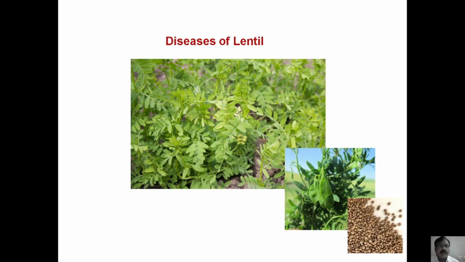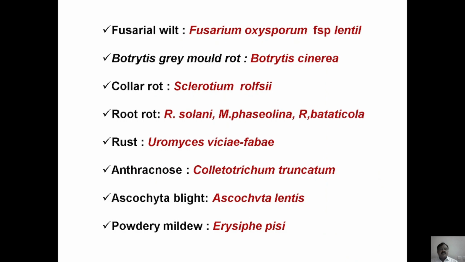In this class, we are going to see some of the diseases which are serious on lentil crop, causing economic yield loss. The diseases include fusarial wilt caused by Fusarium oxysporum form of species lentis, Botrytis grey mold rot caused by Botrytis cinerea, collar rot caused by Sclerotium rolfsii, and root rot which is caused by Rhizoctonia solani or Macrophomina phaseolina, or the perfect stage Rhizoctonia bataticola, and then the rust which is caused by Uromyces